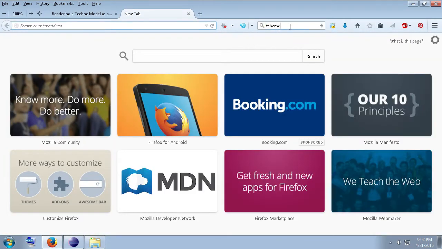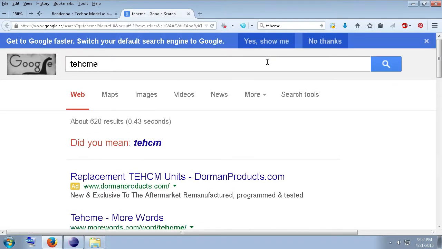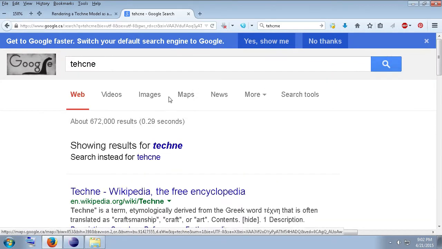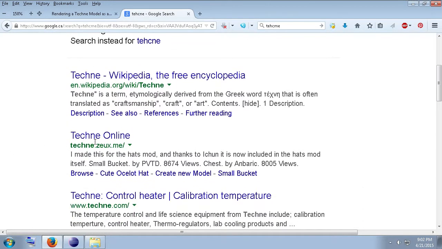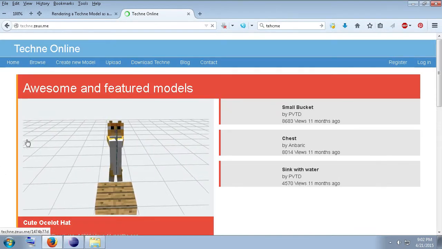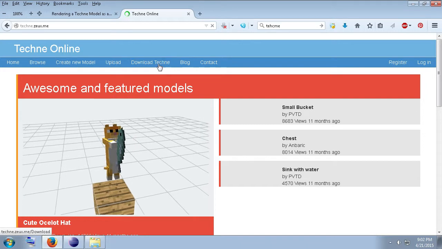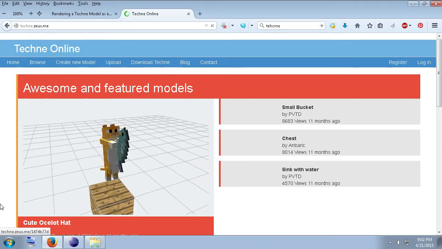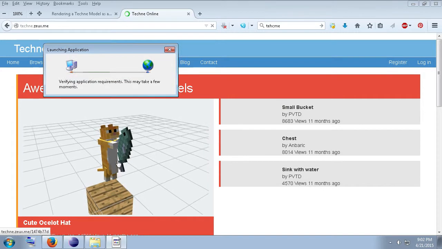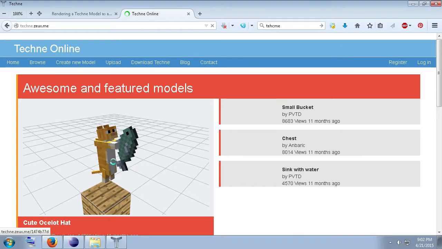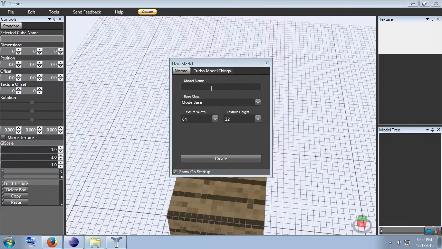Let's go ahead and type in Techne on the internet. Actually, it's Techne, I spelled my package name wrong. And here it is, techne.zeus.me. You're going to have to get the program so we can make our own models. So go ahead and download Techne right here, download it and install it. I am going to launch up Techne right now. And somebody made some type of mod here. So when you launch it,